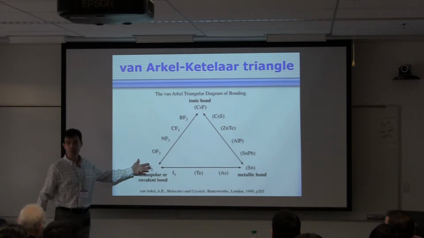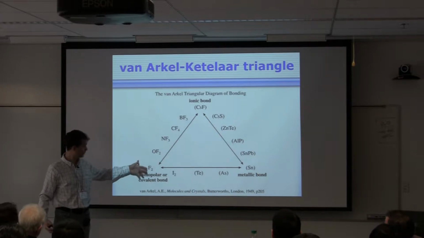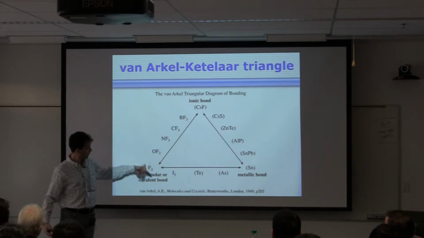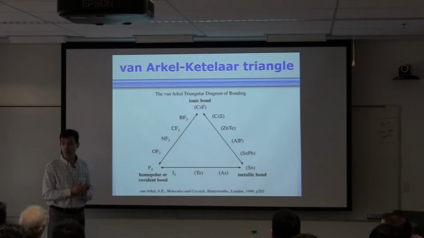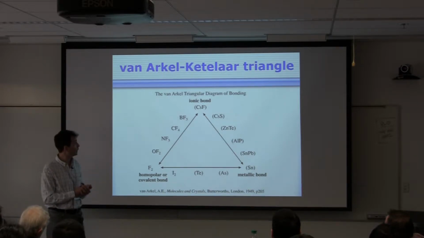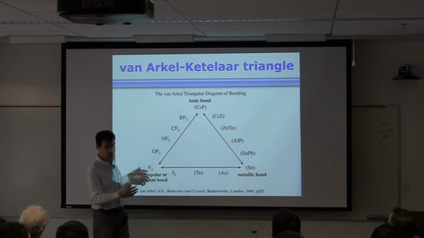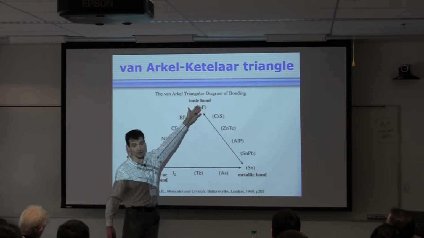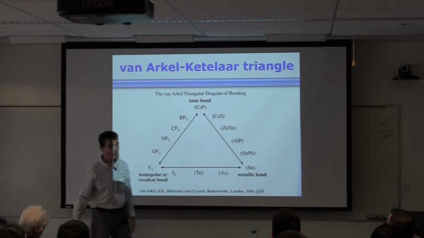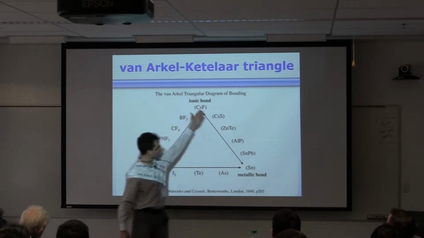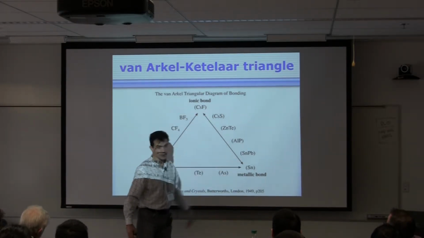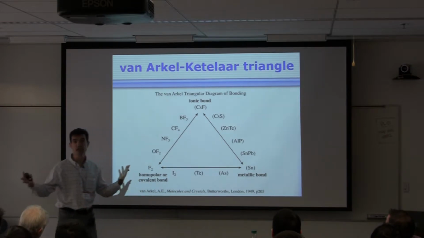Of course, if you have molecules of the non-metallic elements, we have homoatomic, classic bonding, sigma and pi bonds. As we increase the electronegativity difference, we form the extreme case of polarization, which is ionic in a bond. Along this line here we also have ionicity, but these are the salts,